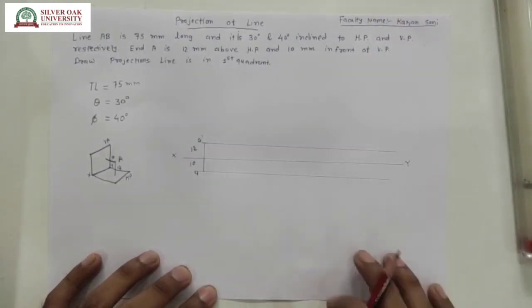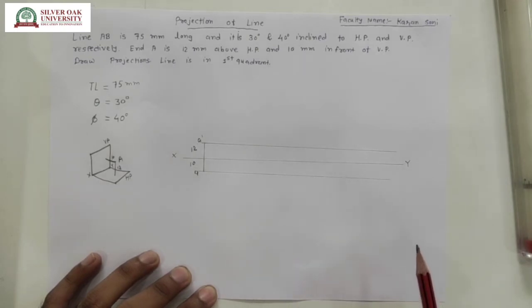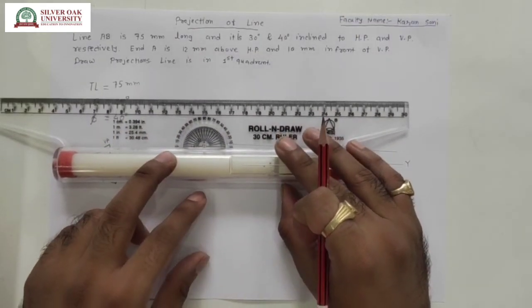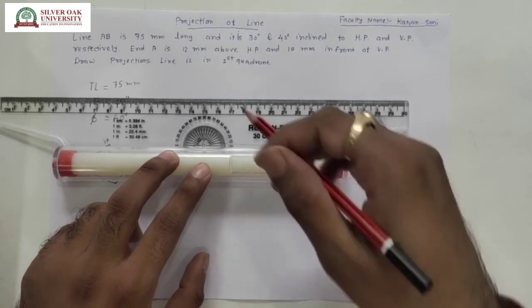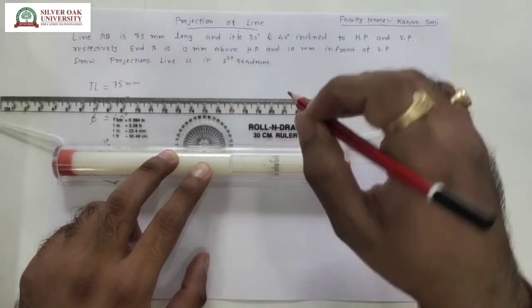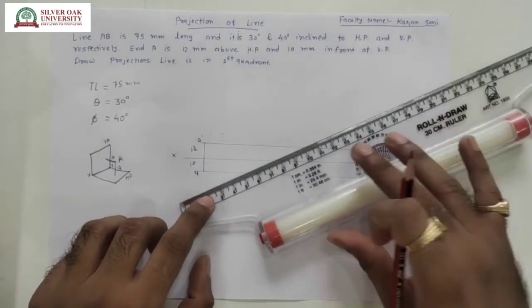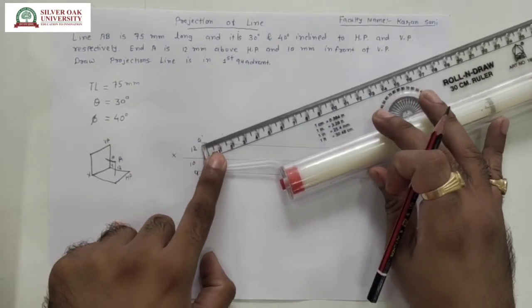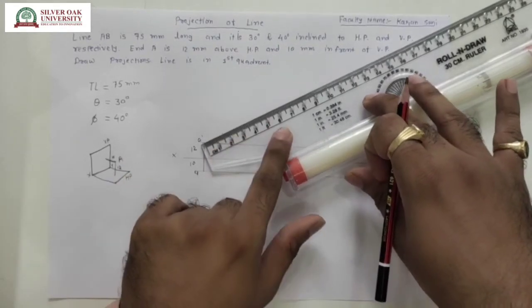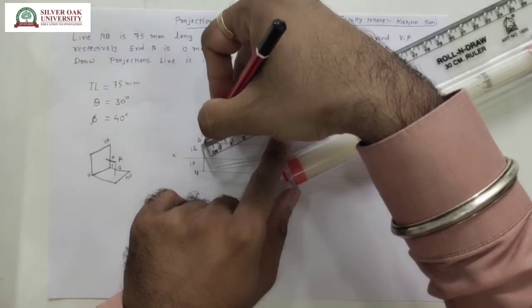So from this reference line also there is one thing given, that is the true length of the line, that is 75 mm. Means we have to plot a 30-degree inclined line. Say at 30-degree inclined line I have to plot. So this is the 30-degree point. So at this point I have to draw the 75 mm line. So this is the line that is having the 75 mm length. So this is the true length.